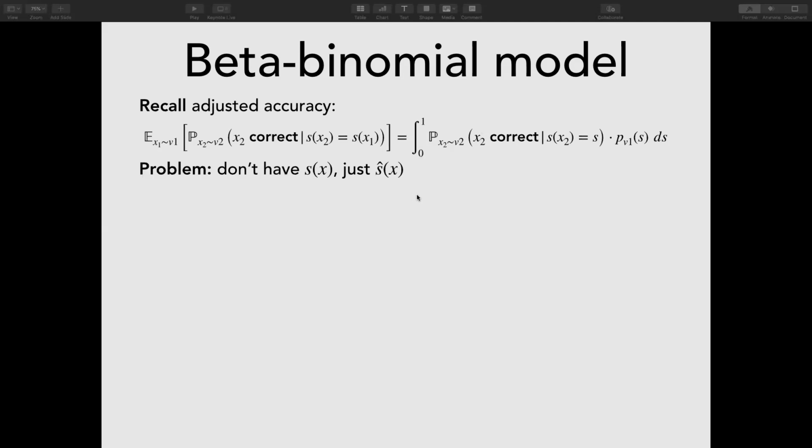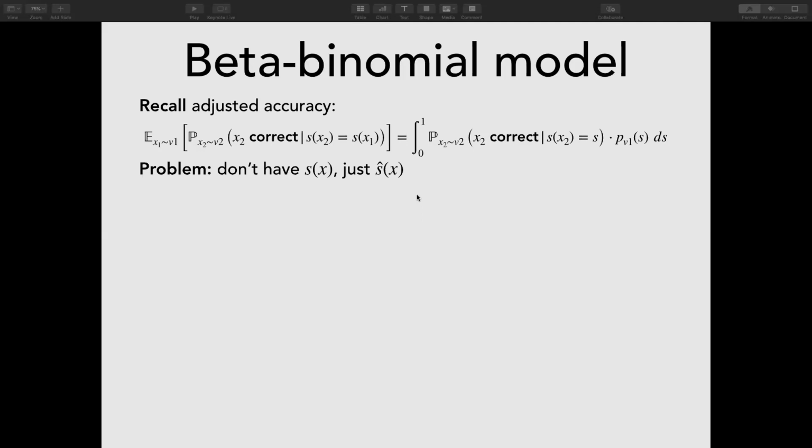Okay, so the problem that we had in the last slide, which I discussed briefly, was that we don't actually have the true selection frequency for any image. We just have this observed selection frequency. And what we did in the last slide with the graph with a bunch of lines is that we just plugged in this S hat of X instead of S of X and said,